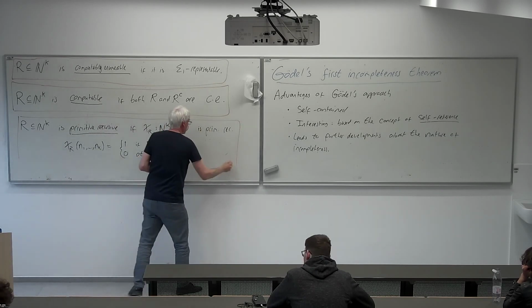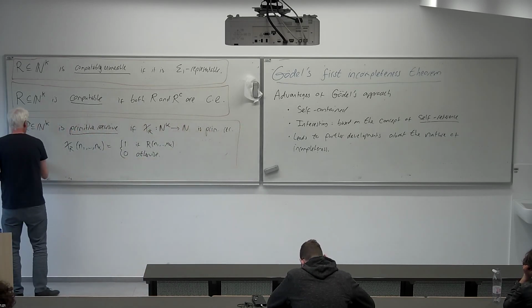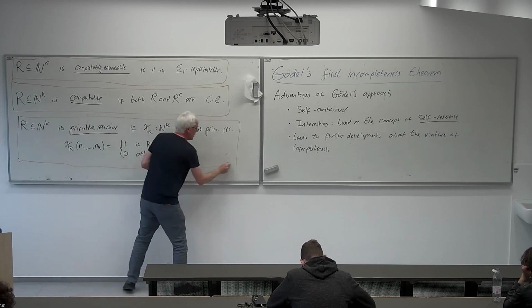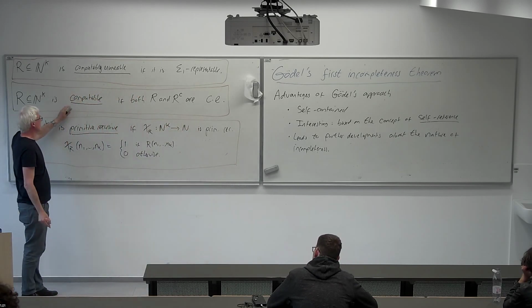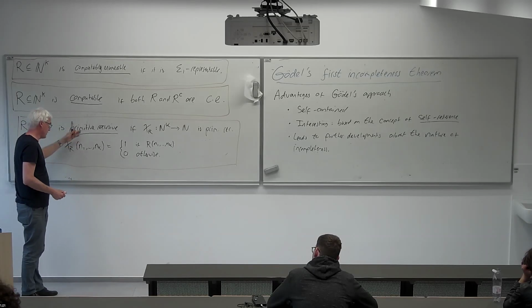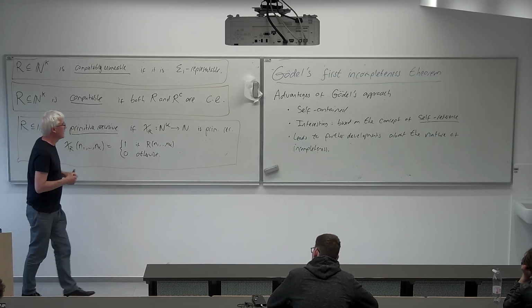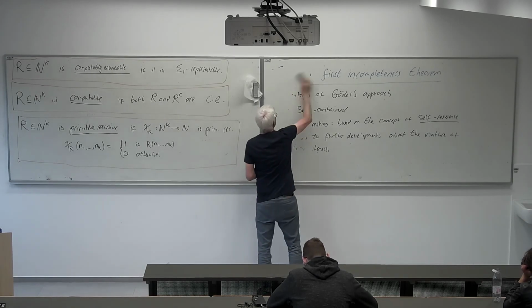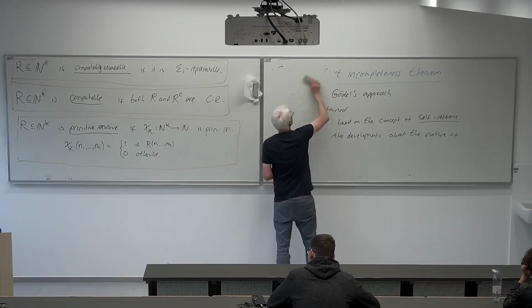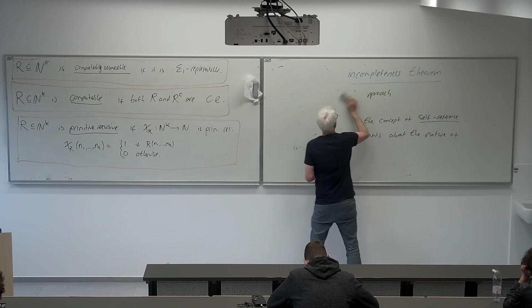Three main concepts we need for relations. We've got semi-decidable, which we call computably enumerable, decidable, which we call computable, and what is in fact a stronger property than decidable, primitive recursive. And indeed, it's a stronger property because we have the implications